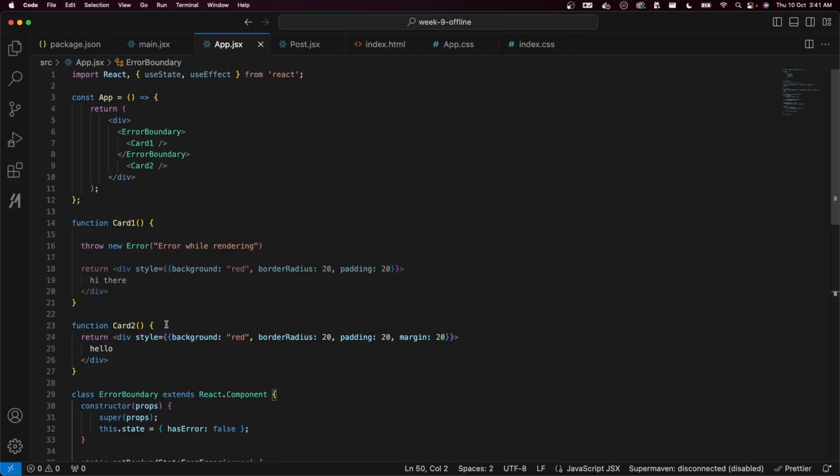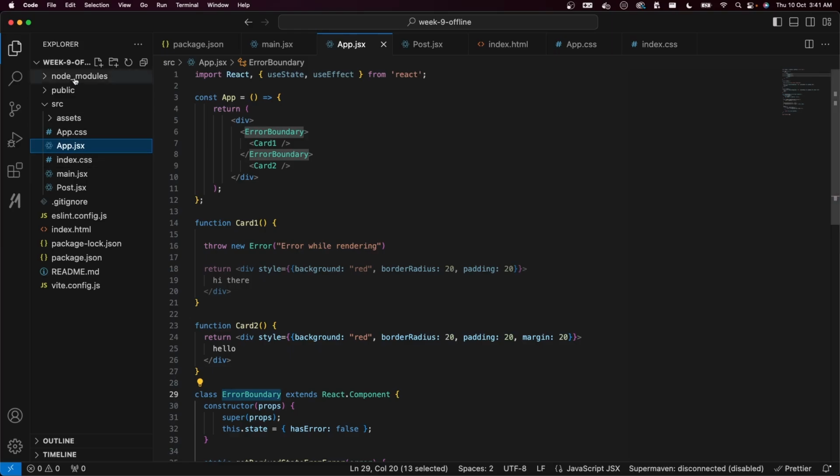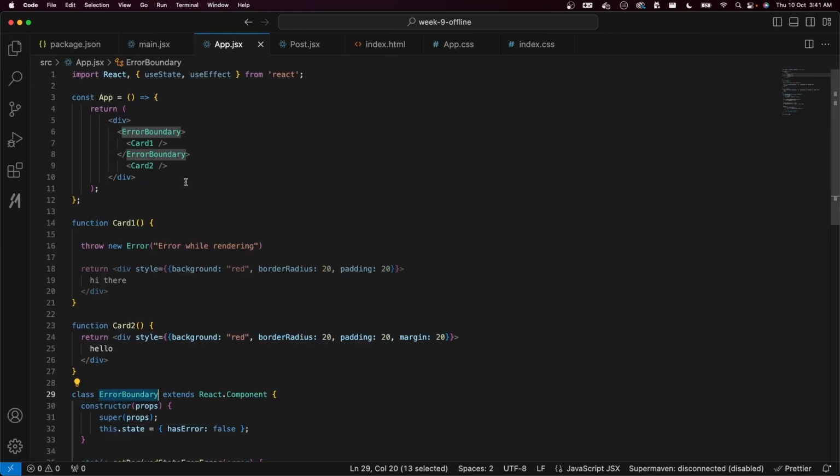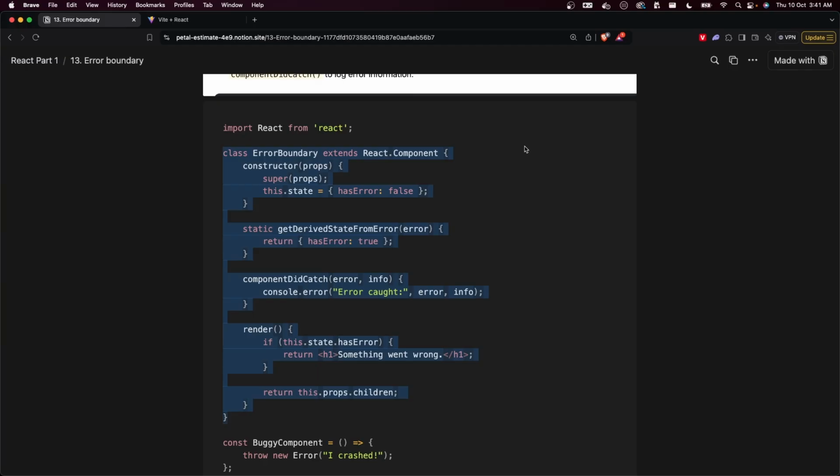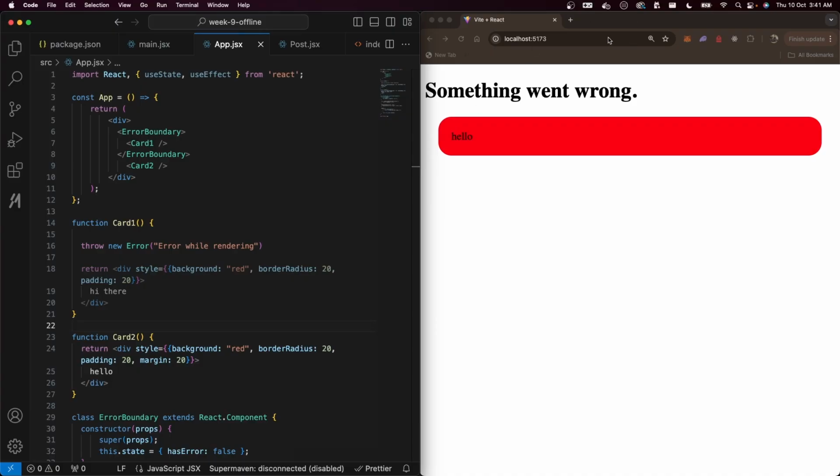The file has become a little bit bigger, so you can also put it in a separate file and export it from here. React is imported, so React.Component will be available. Let's see what the UI looks like right now. Can you see there is a fallback UI that appears because I've wrapped this card inside an error boundary, and in the error boundary I have said that